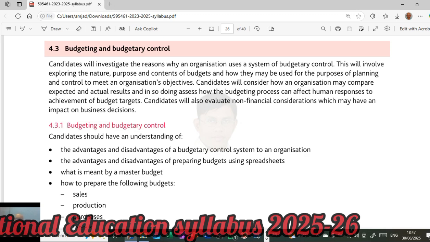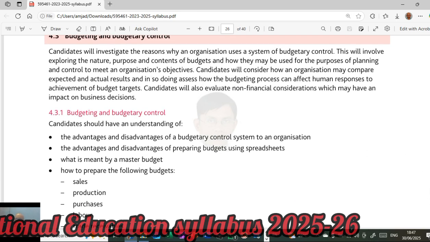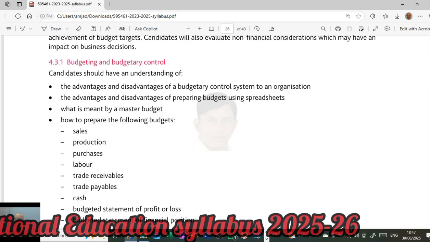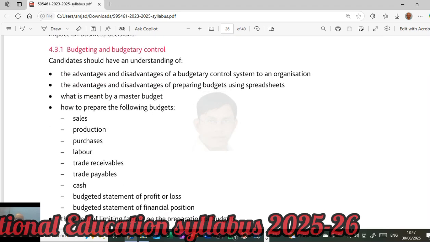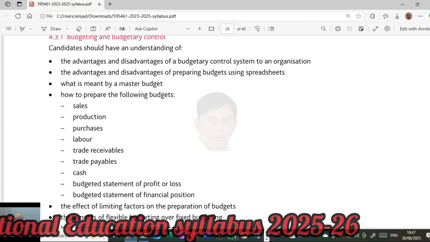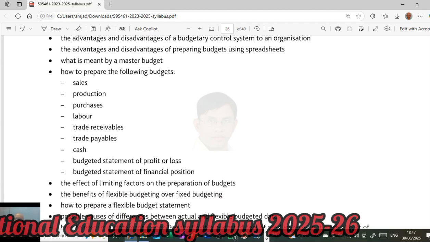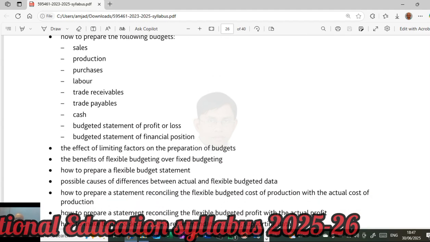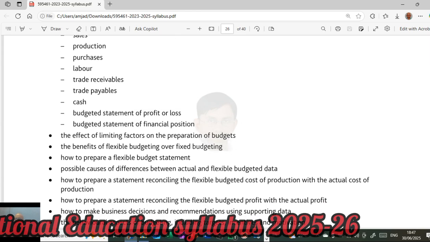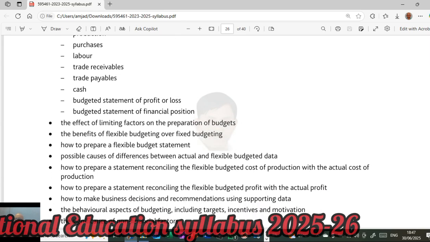So budgeting and budgetary control requires an understanding of the advantages and disadvantages of a budgetary control system to an organization, preparing budgets using spreadsheets, and what is meant by a master budget. How to prepare the following budgets: sales budget, production budget, purchase budget, labor budget, trade receivables, trade payables, cash, budgeted statement of profit or loss, budgeted statement of financial position, limiting factors of production of budgets, benefits of flexible budget over fixed budgeting, prepare a flexible statement, actual and flexible budget data, how to prepare and reconcile flexible budget cost with actual cost of production,